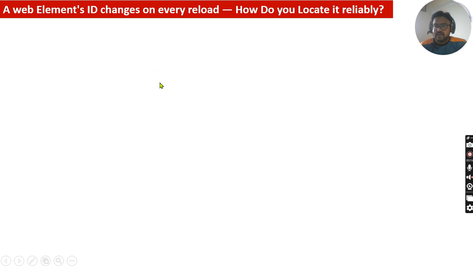What if a web element ID changes on every reload? Yeah, this is a very important question. If they ask you to describe one of the challenges that you faced in your automation framework creation or while working on the automation,